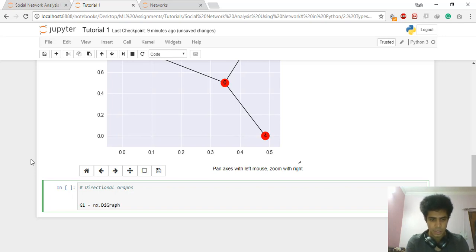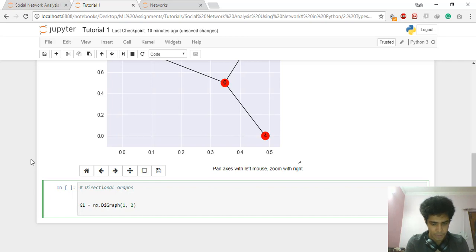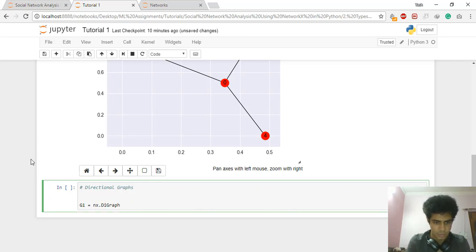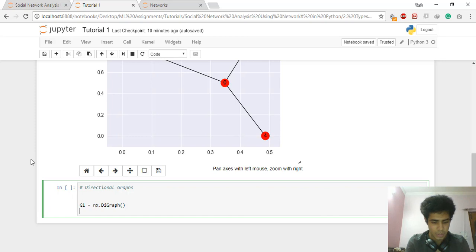Digraph. You can again see here the tab works again. And in the digraph, again, what you're going to specify here is, again, the nodes that are going to be connected. But the thing is that this time order matters here. So the order is from start node to the end node. All right. So let's see it happen. Let's chart it. It'll be a lot easier, I promise you. Okay. So 1, 2, and then sorry, not here. This is just the graph object that we created. G1 dot